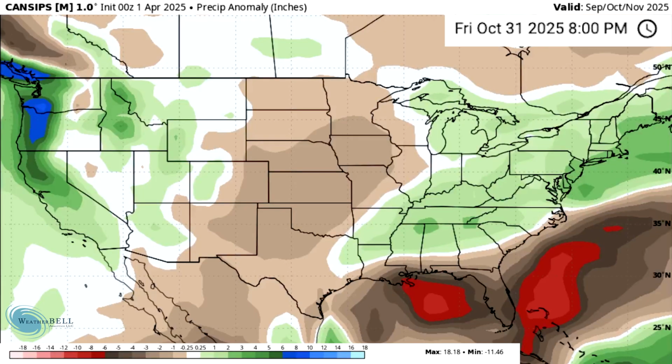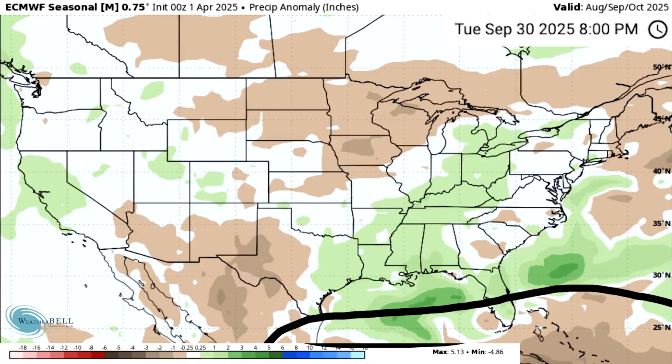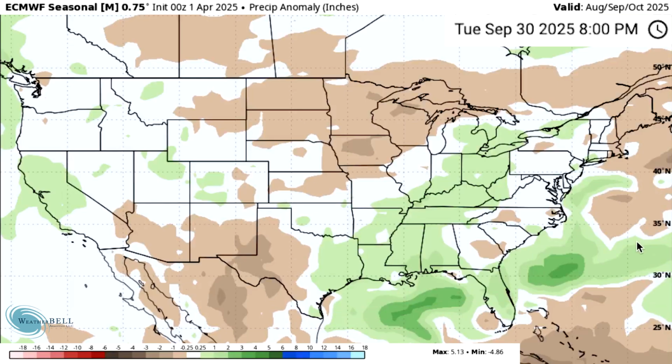To just recap the European model, I forgot to mention this. We do see above average close to the coast, but look at these areas where we do see storms originate from, a lot below average. So we're not seeing this crazy looking hurricane season that you would expect with a neutral or negative ENSO.